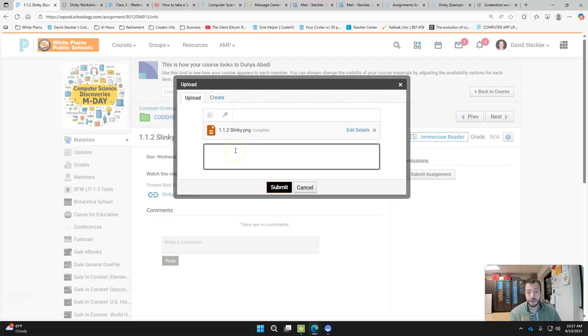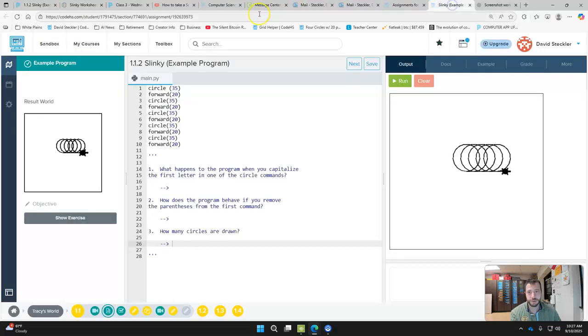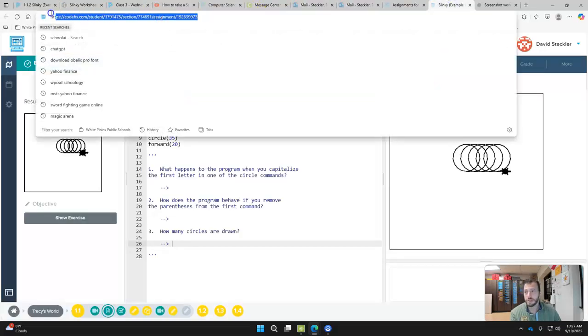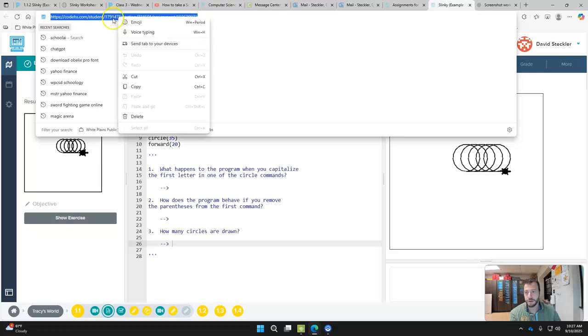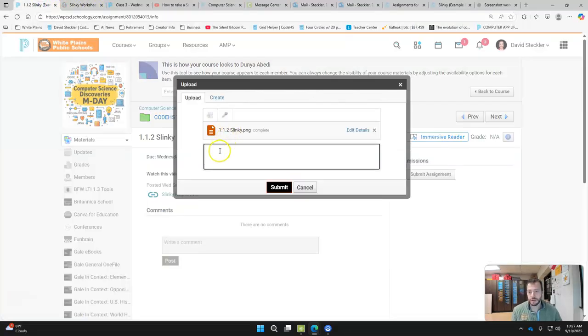When we submit, we're always going to also add the URL, the Uniform Resource Locator, or just the web address, which is this link at the top. So we are going to click this. Then while your mouse is on the blue, you're going to click on the right side of your mouse, which will give you this menu bar. You're going to click Copy, or you can just do Control-C, and then we'll go back to the submission, and you are going to paste that URL right there. And when you click Submit, it will submit the screenshot and the URL.